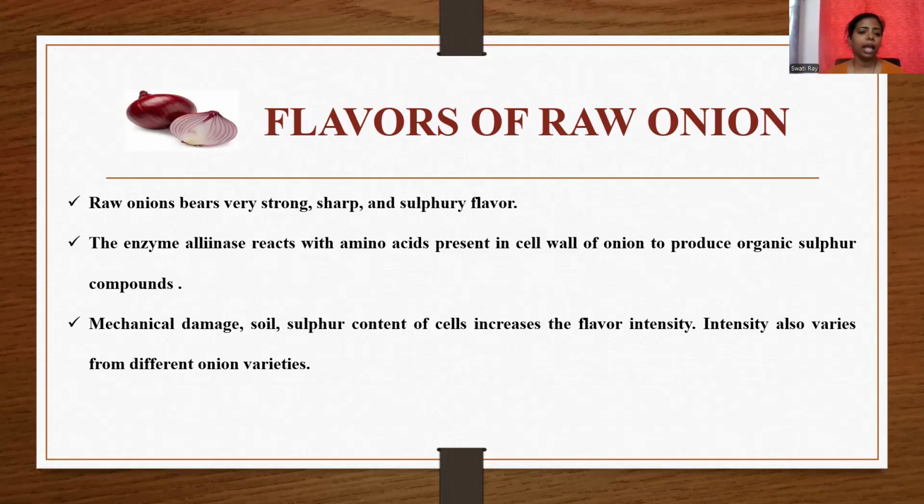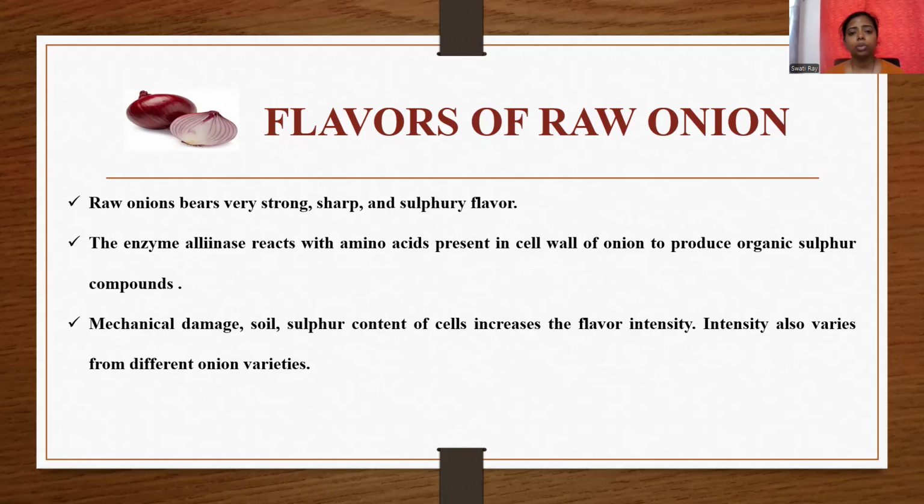Now, raw onion, as we all know, bears a very strong, sharp, and sulfury flavor. Specifically, when we come in contact with a raw cut onion, we have tears in our eyes. This is because there is a particular enzyme that is present in the cell wall of the onion. So as we cut the onion, these enzymes are released along with the amino acids that are present in